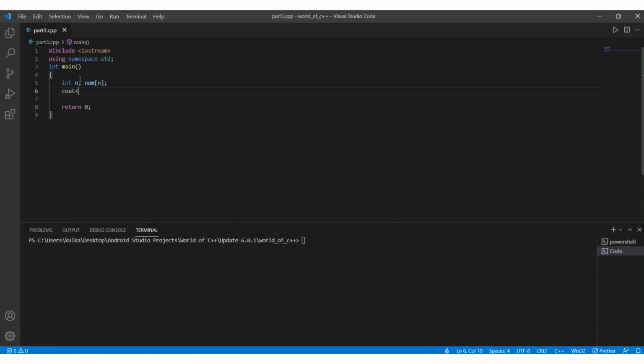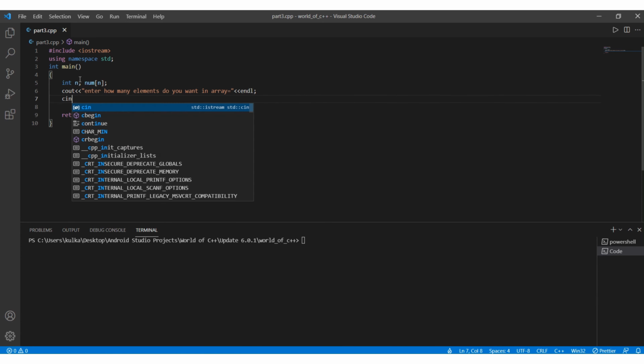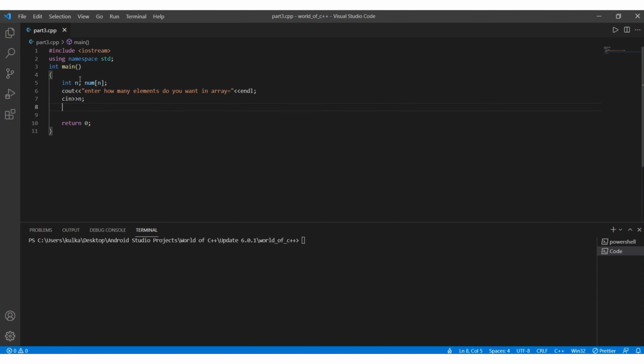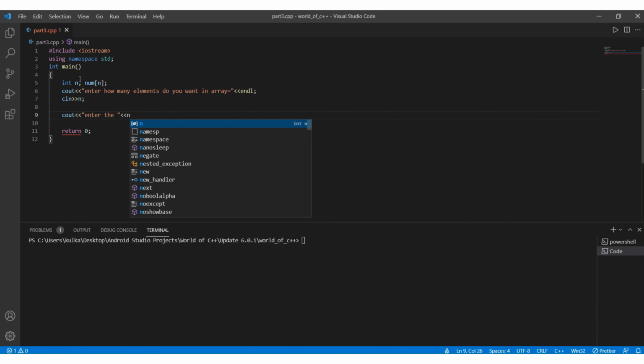Then I will prompt the user to enter how many elements they want in the array, and accept the value of n. Then I will prompt the user to enter those n elements.